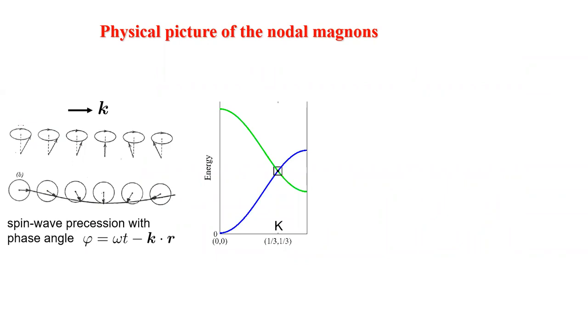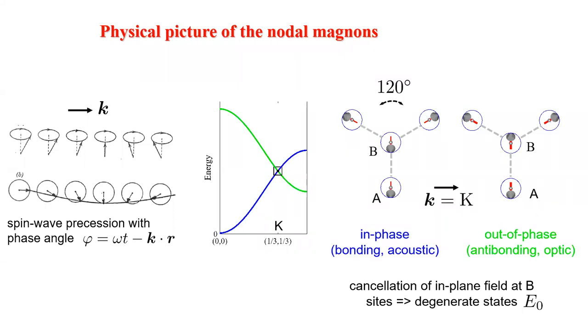So here are the two magnon branches. The acoustic branch, the optic branch, where the two sublattices are in phase or in the opposite phase. Then once we reach the corner of the Brillouin zone, the K point, focusing just on one side,